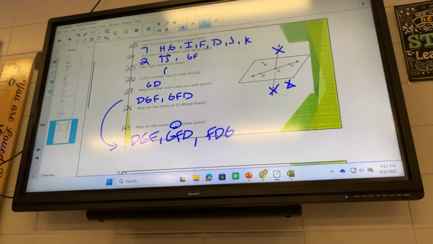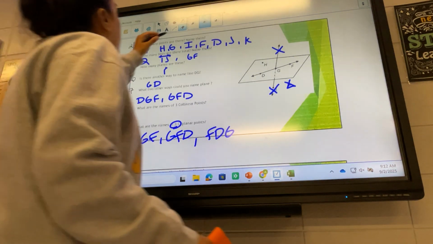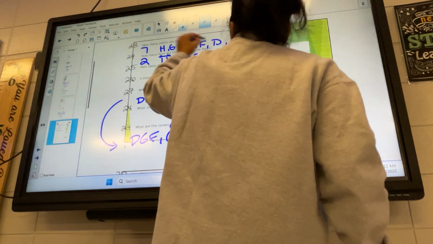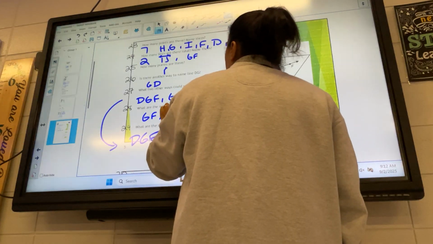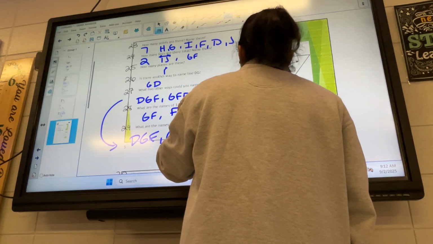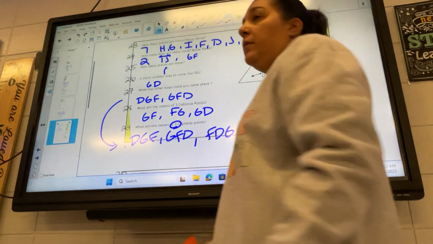Okay, last one, number 28. Coplanar or collinear means on the same line. Collinear means on the same line, so who could work? GF is on the same line, so GF, we need two more. FG? G. GD. GD works. Okay,